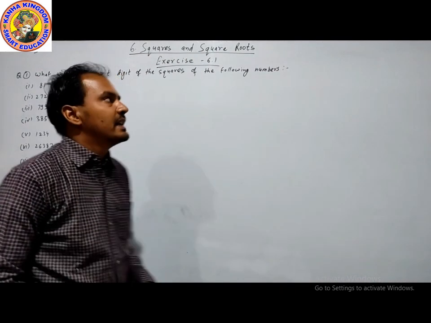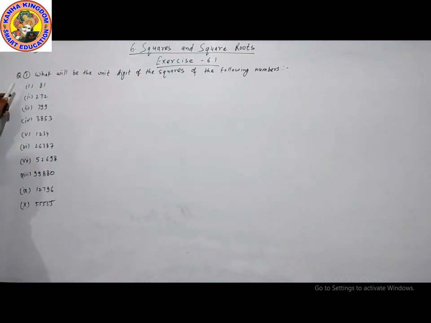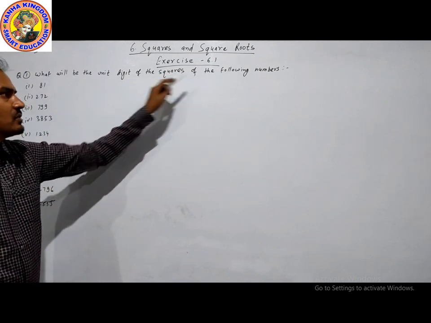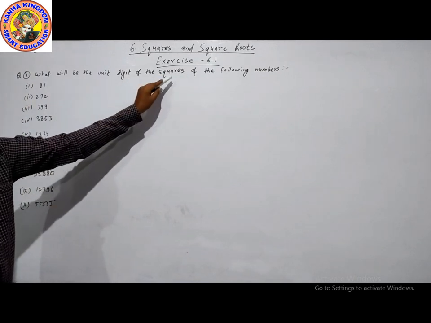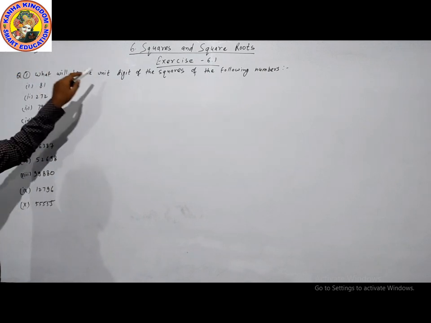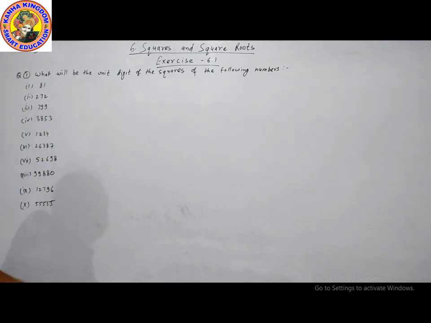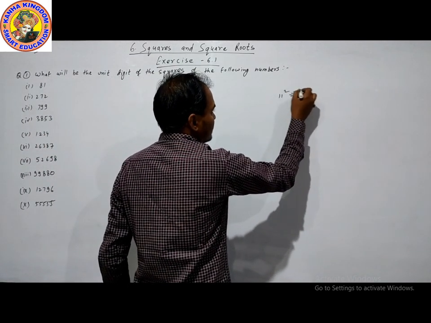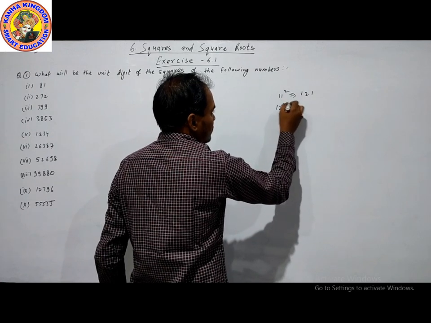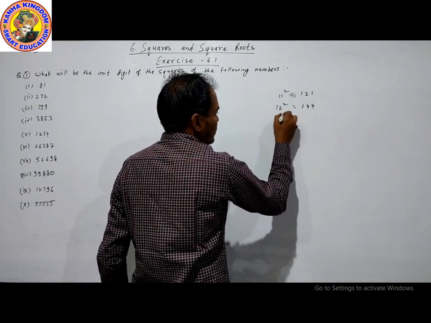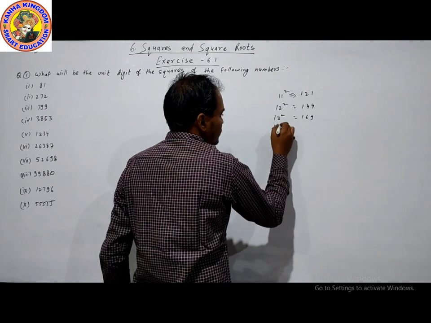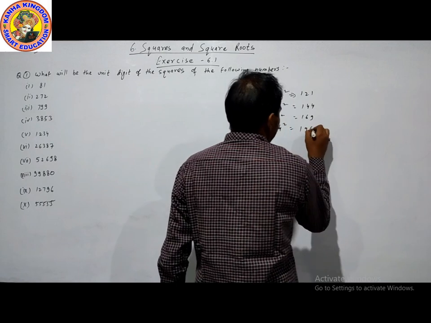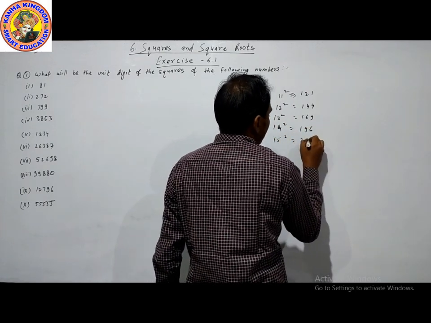Now we are taking exercise 6.1, question number one. What will be the unit digit of the squares of the following numbers? First of all, we will find the square of this number and then find the unit digit. This is our long method, because 11 square is 121, 12 square is 144, 13 square is 169, 14 square is 196, 15 square is 225,